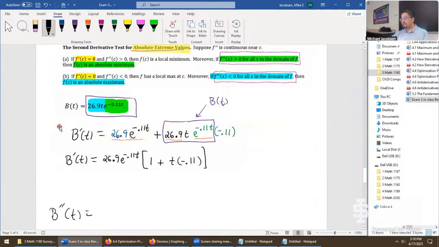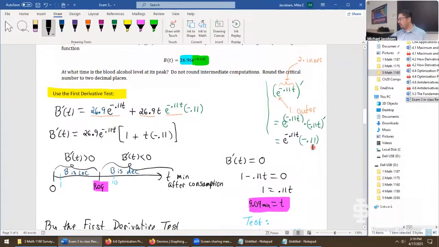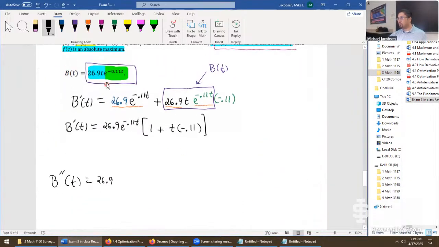We're differentiating b prime at t in either form, but this form looks easier. Differentiating here gives us the constant multiple rule first, 26.9. And we differentiate e to the power negative 0.11 t once already, so we probably want to cite that. This is what you would do in an exam setting, just to eyeball it. Okay, we got that as a derivative already. Just reuse that result, e to the negative 0.11 t times negative 0.11. So the derivative right here gives